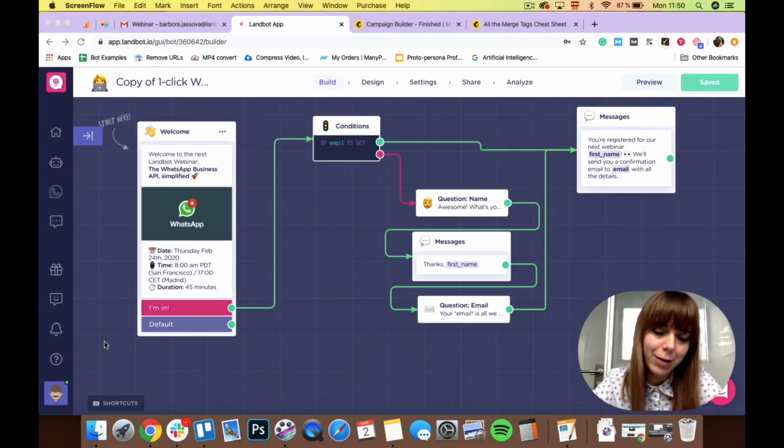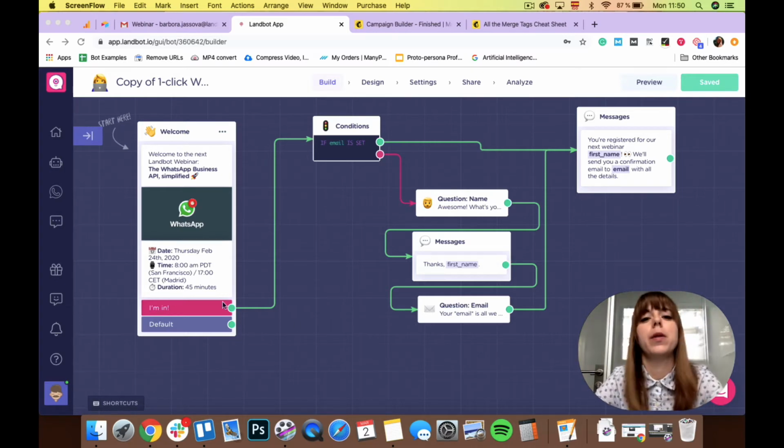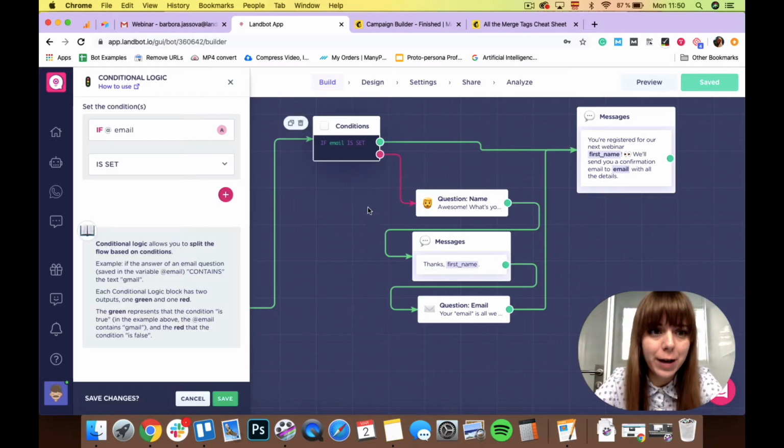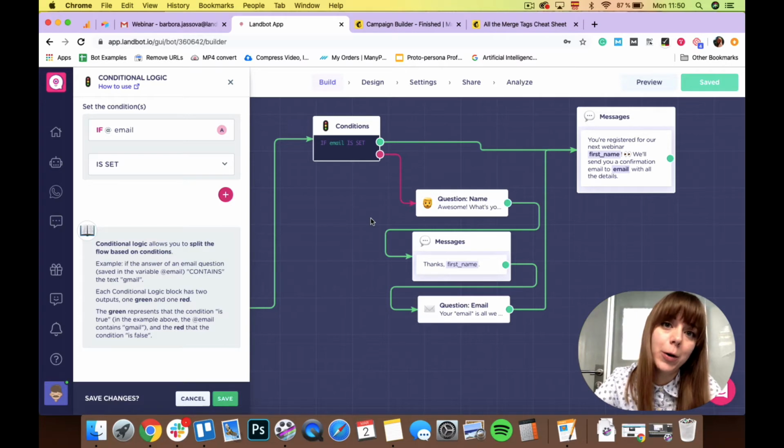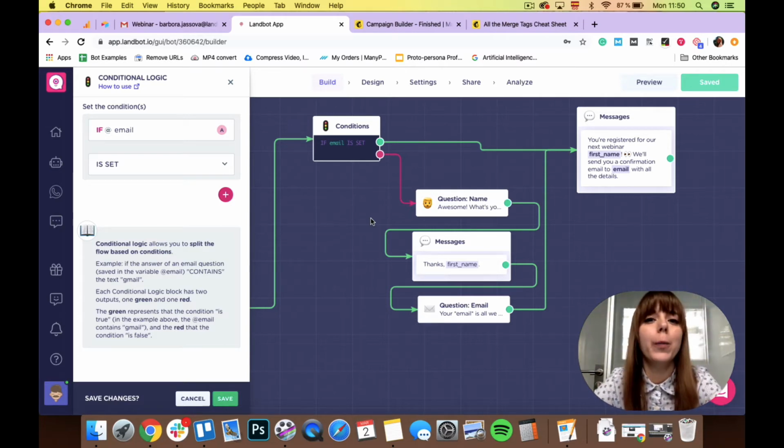So I have already created a very simple webinar sign-up flow with the first welcome block giving the basic information and a button to sign up. Next, I have created a condition to check if we have a user's email address. This condition serves to differentiate between users whose information you already have and those whose information you still need to